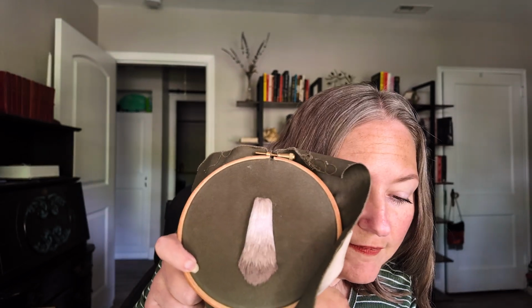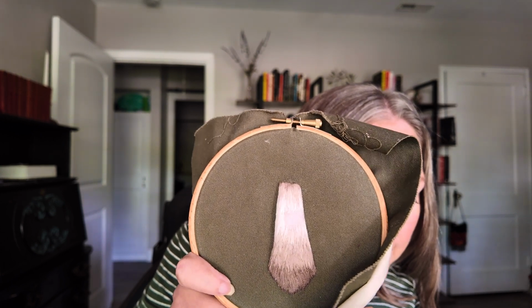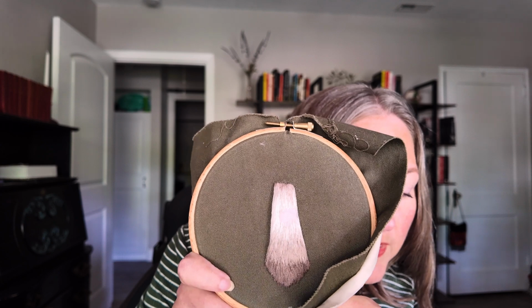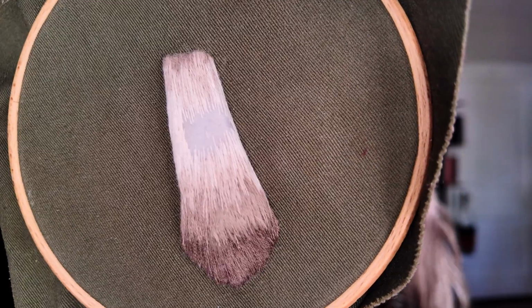And those were straightforward and easy to do, but the stipe or the stem of the mushroom, hopefully you can see that, this is what's given me trouble. This is what I've been working on the longest, and I'm still not done. So you can see how it's raised. It's coming up off of the fabric, and it's because it's made up of, you roll up a piece of felt and then you tack it down and you put your colored stitches on top of it. Because it's so thick, like the layers that my needle is going through, I can't,